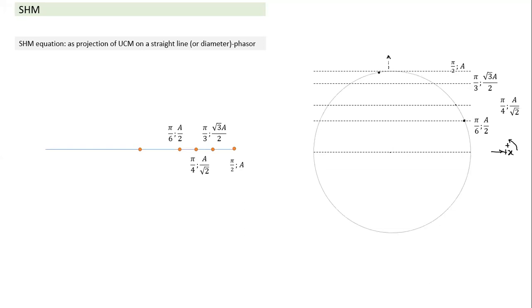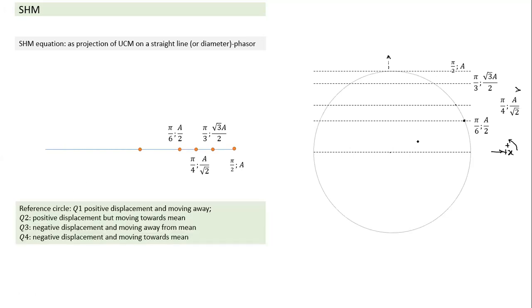And if I take its projection, its position will come on the y-axis. But if I turn the whole thing and represent all projections on a line, this is how the particle will move on a line. This corresponds to time t equal to 0, 0 phase. And when the phase is pi by 6, a by 2, pi by 4, pi by 3, pi by 2, that's how the phase will change. So what does this indicate here?